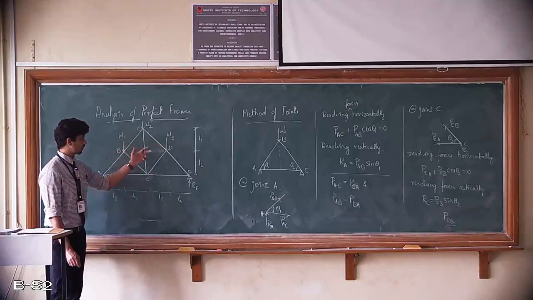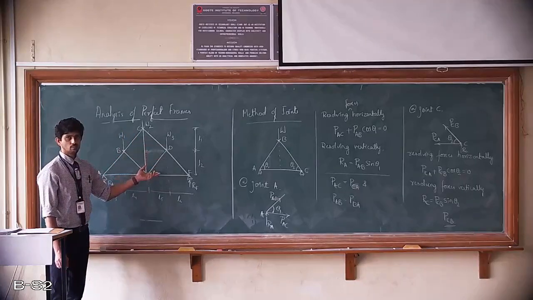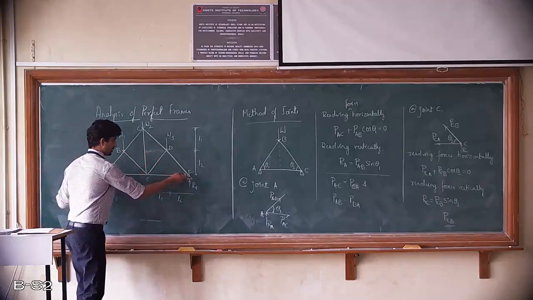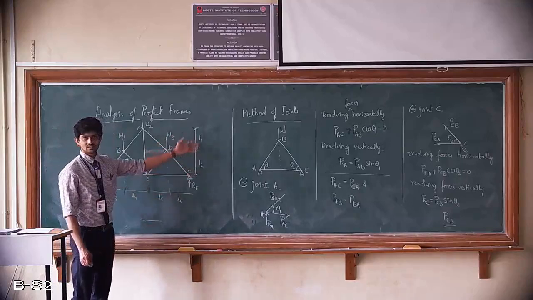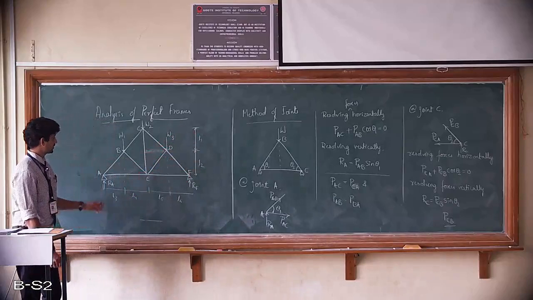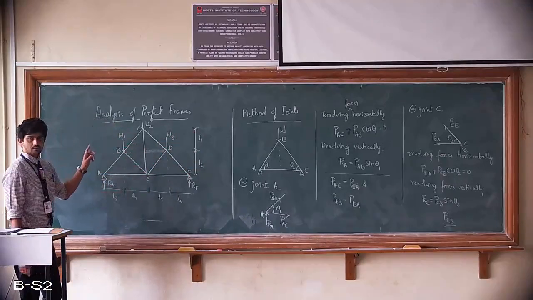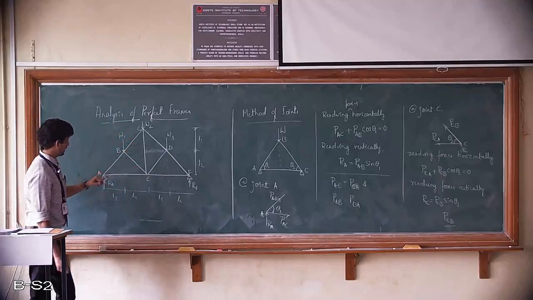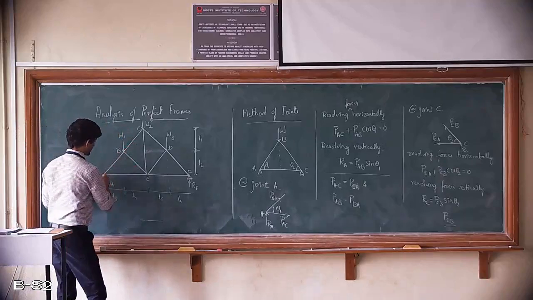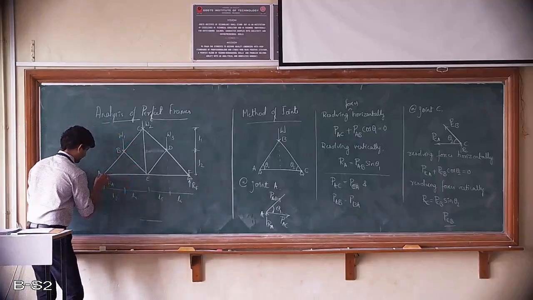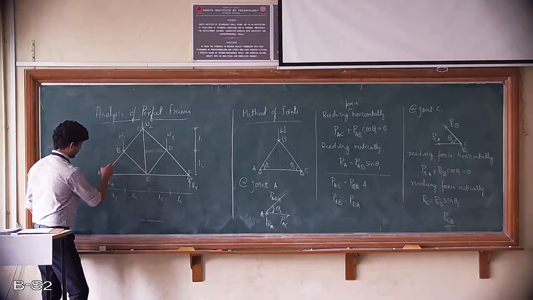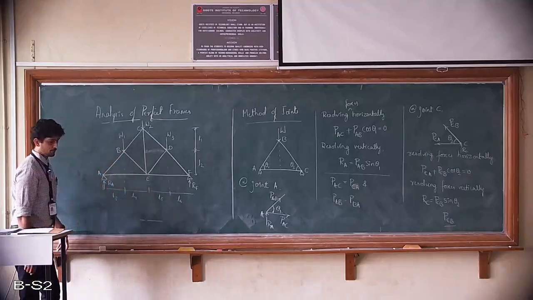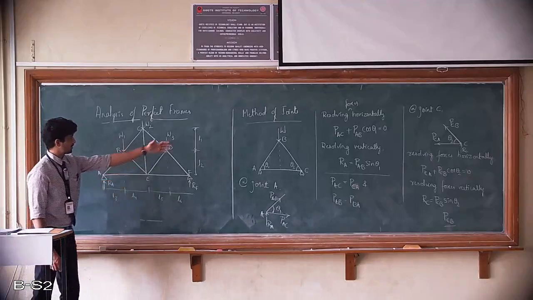Or if there are more number of unknown loads, then we will consider the moment with respect to certain joint, maybe joint D, joint F. For that we need perpendicular distances, so we will consider these distances. So that will help us to find the external forces. Then to find the internal forces, we will start joint by joint. We will start with joint A. So at joint A we have 1, 2 members, and then we have an external load here. So that will help us to find these two, similar to that one.